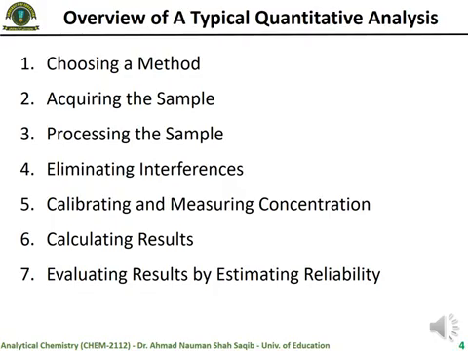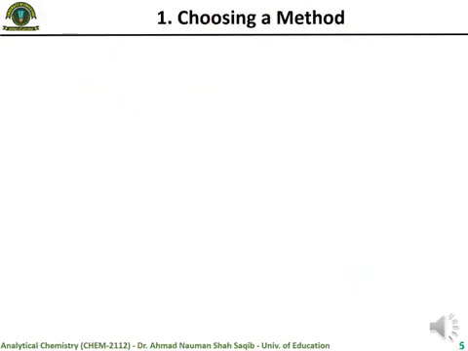So let's start with our first step in the quantitative analysis. The first step of quantitative analysis is always the selection of method, and how we choose a method. Sometimes it's a tricky choice, you have to have some experience before you can choose a good method for your analysis. So the first parameter which we have to consider before we choose a method is the level of accuracy we require